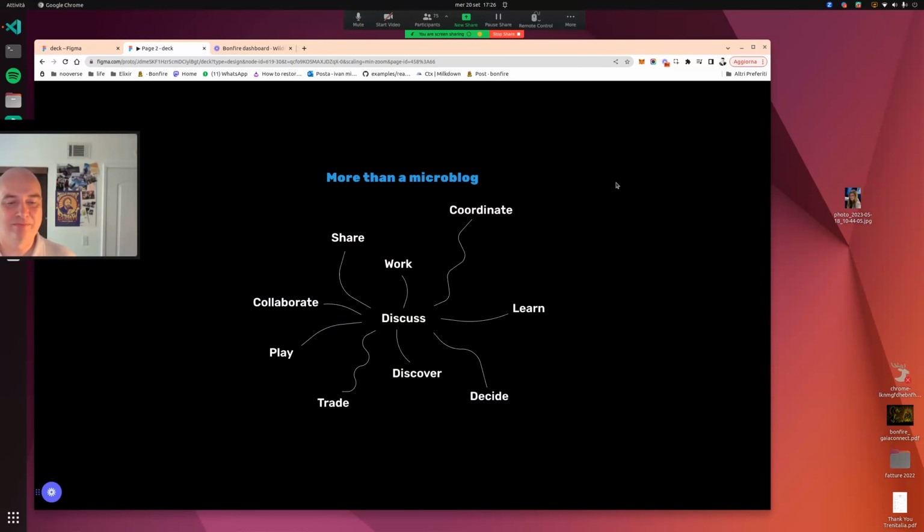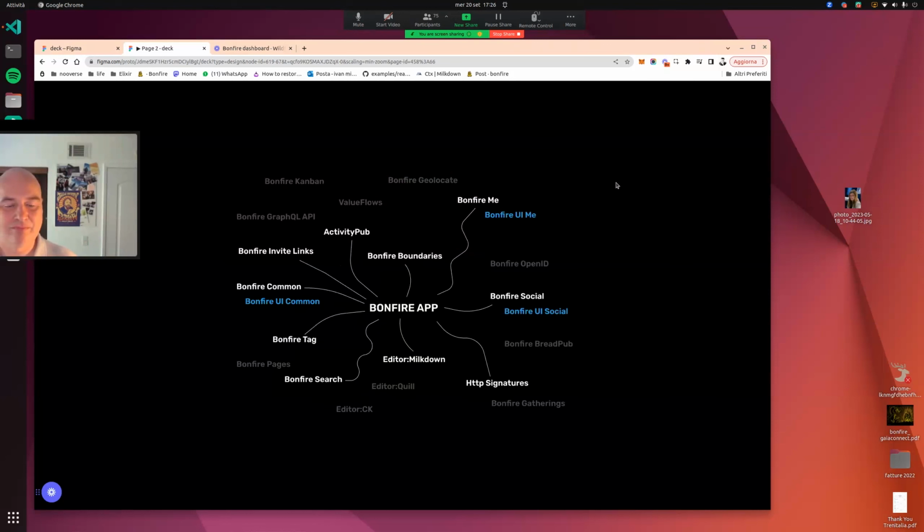Composition, because Bonfire is much more than a microblog. It starts with social at its core, but we are also building extension plugins to extend the features of Bonfire, for example, by coordinating work with other peers, sharing videos, audios, and images, collaborating on documents, learning together, creating decision-making processes with different flavors. But the composability of Bonfire is also in its architecture, where the Bonfire